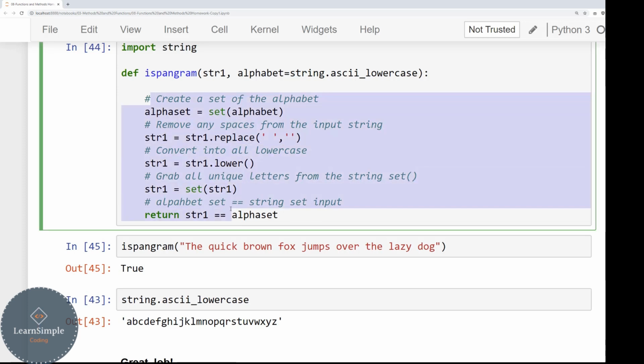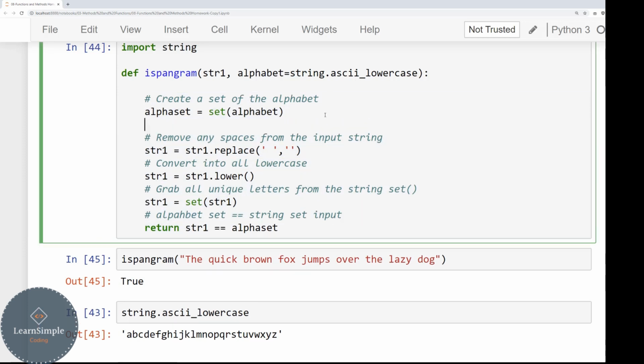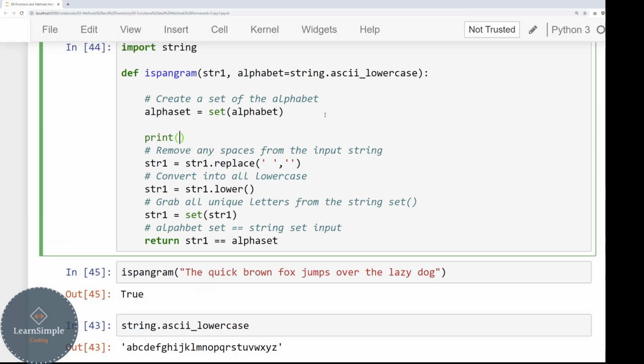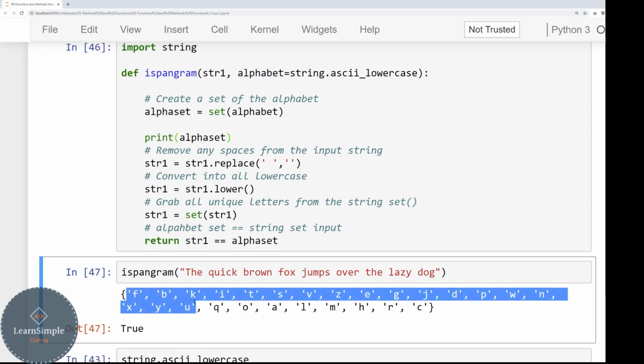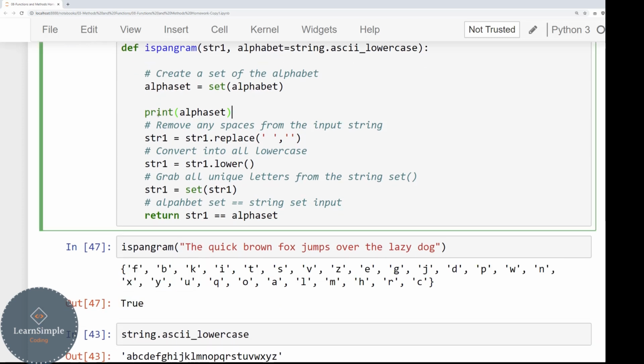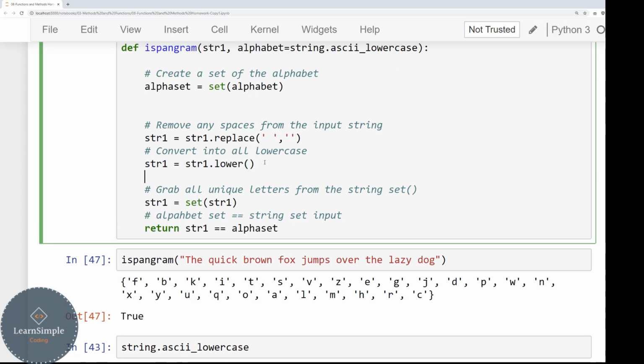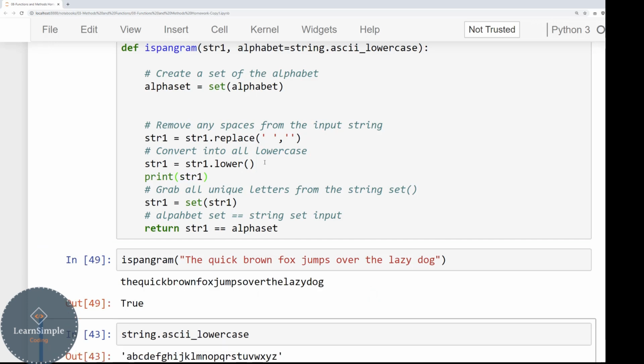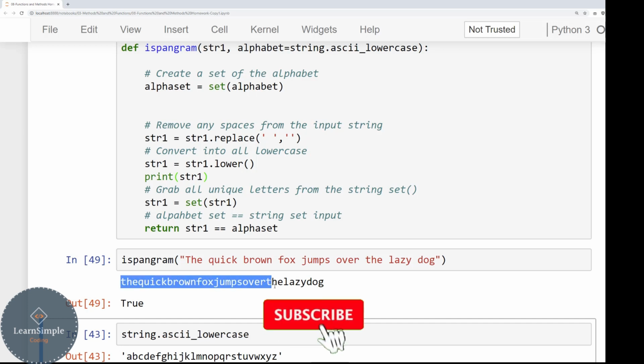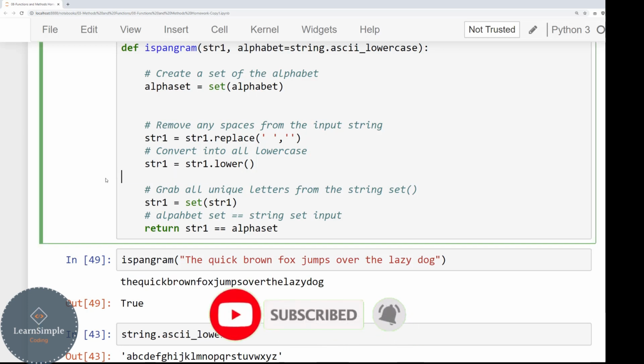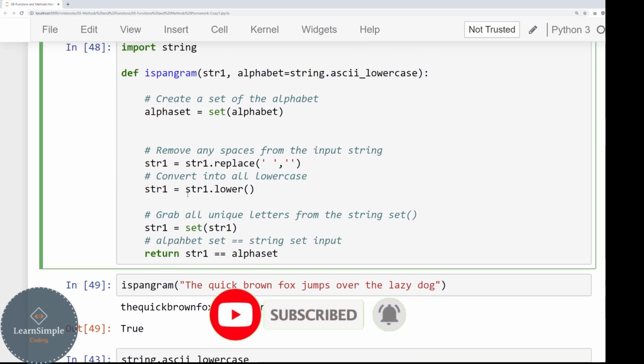And if any of these steps happens to confuse you, a really nice way to visualize things is with print statements. So if you maybe aren't clear what alpha_set is, you can simply print it out when you call the function, and when you run this, you'll get to see that entire alpha set along with what is being returned. So you can use that at any point in time. So let's say you're confused what step you're at right after this, you'll simply say print(str1), and this is a really great way to learn as a kind of beginner. So now we can see at this point in time, everything's lowercase and there are no more spaces. So I highly encourage you as you're learning to use those sort of print statements to help you debug or understand what's going on